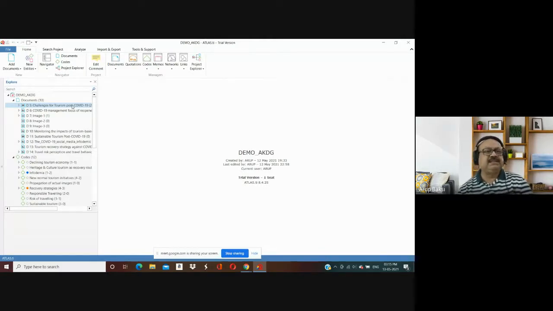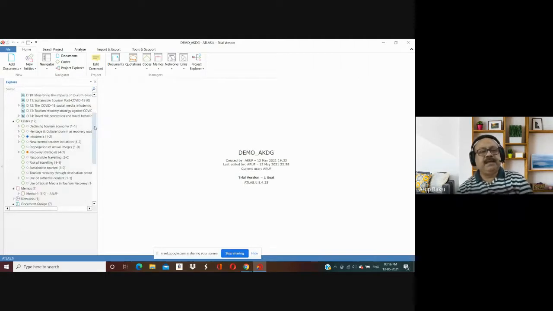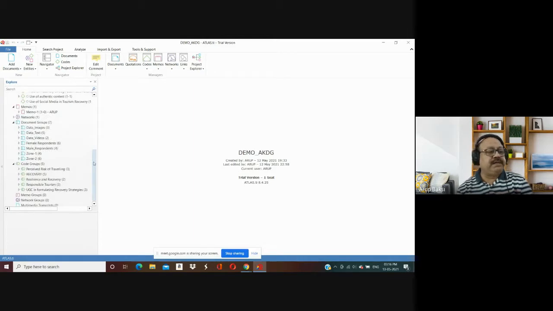Probably these are case studies or focus group interviews or key informant interviews or scheduled interviews, etc. And we codified the important parts of these data, the segments or the quotations, and then we tried to merge the codes to develop the super codes or the code groups, which are basically representative of the emerging pattern